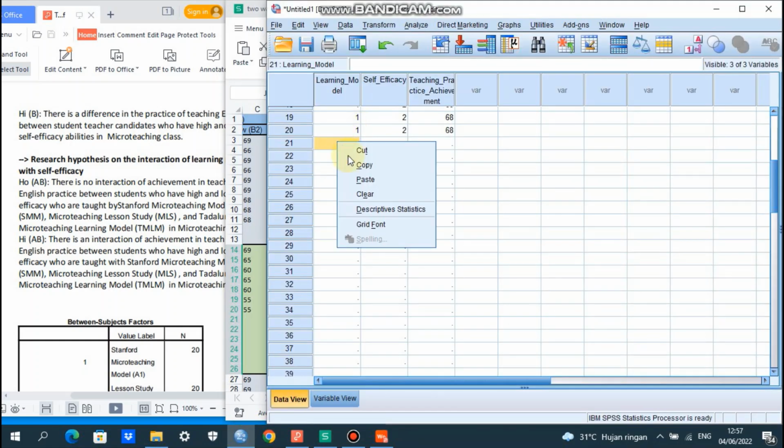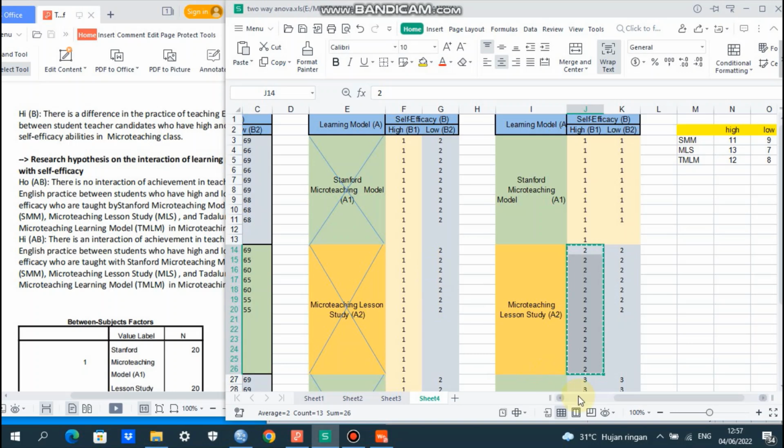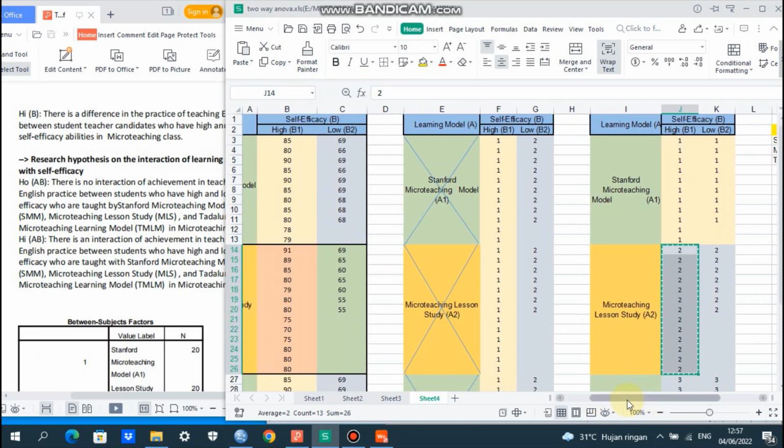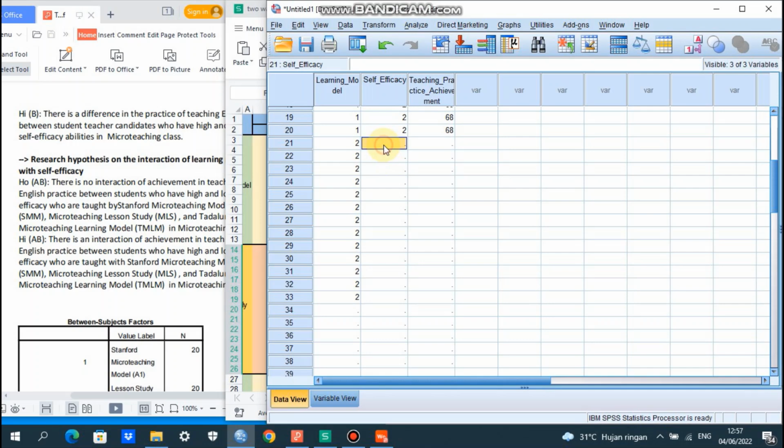The first 13 participants here have high self-efficacy. So we are going to copy the high self-efficacy code for the 13 participants in micro teaching lesson study, and we paste it here.